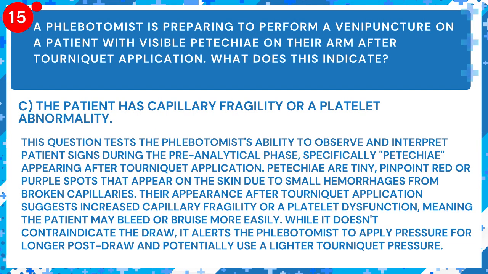Answer: C. The patient has capillary fragility or a platelet abnormality. Explanation: this question tests the phlebotomist's ability to observe and interpret patient signs during the pre-analytical phase, specifically petechiae appearing after tourniquet application. Petechiae are tiny, pinpoint red or purple spots that appear on the skin due to small hemorrhages from broken capillaries. Their appearance after tourniquet application suggests increased capillary fragility or a platelet dysfunction,